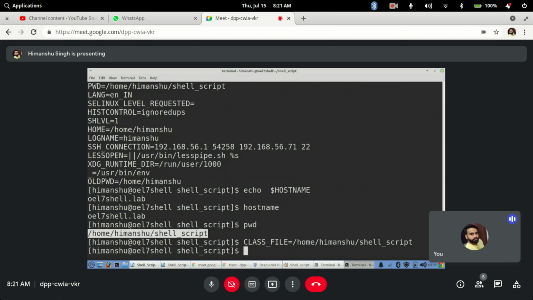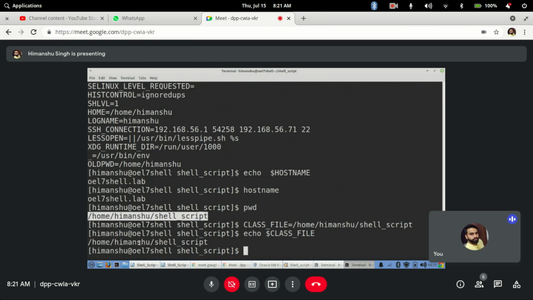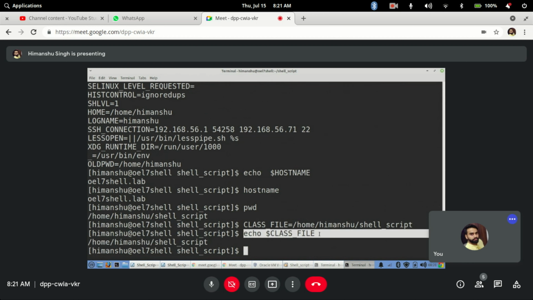Got it? If it has not returned any error, that means the command was successful. Now I will print the user-defined variable that I have defined. You should remember the name at least. It is echo $class_file. So now I know this is my path. Clear? The first thing is you can see echo shows the variable value, which means it is defined in the environment. And second, if I do env again,